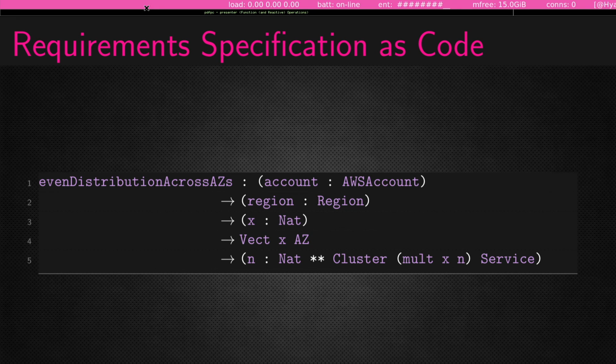But the idea here is that Idris is a dependently typed language, and you can do some funky things with types. We'll just say that. So here we can actually name different types in the function signature and refer to them later. You will see that we are retrieving, you were given an AWS account. We're given a region. We're given this X, which is a natural number, and it so happens that it's the number of availability zones that we have for that region, because availability zones can actually differ from region to region.